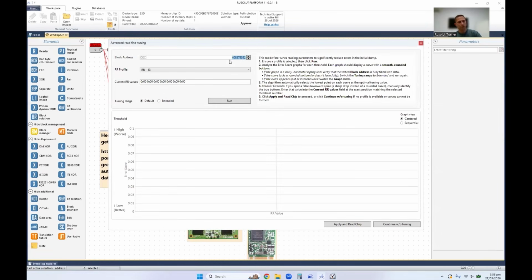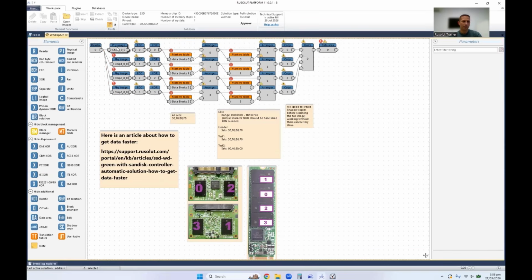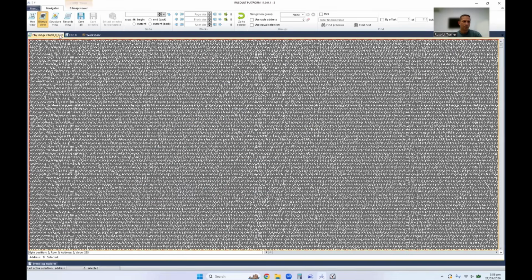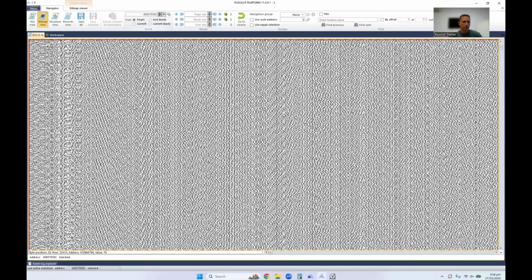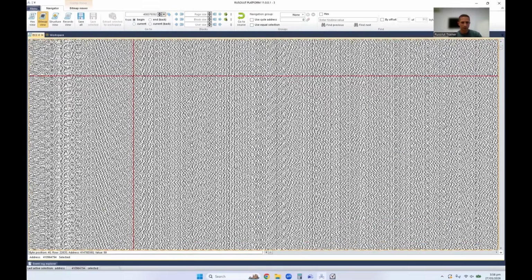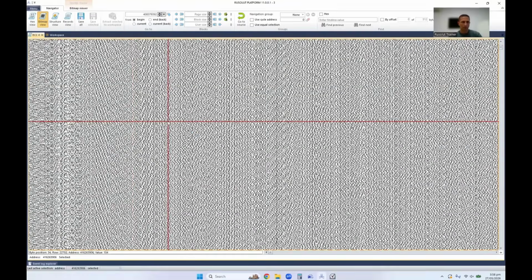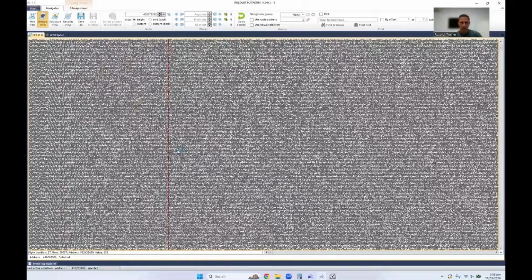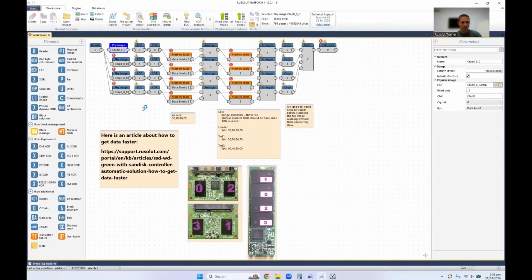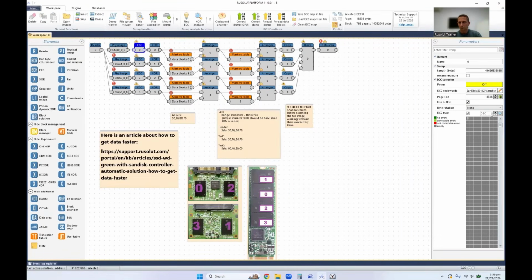Yeah, which it finds automatically. So this block is supposed to be the block with data. Now let's go to the ECC, place this value here, and that's the data. You see one single block with data. Actually, all the data begins a little bit later. And now if I put the same value here,